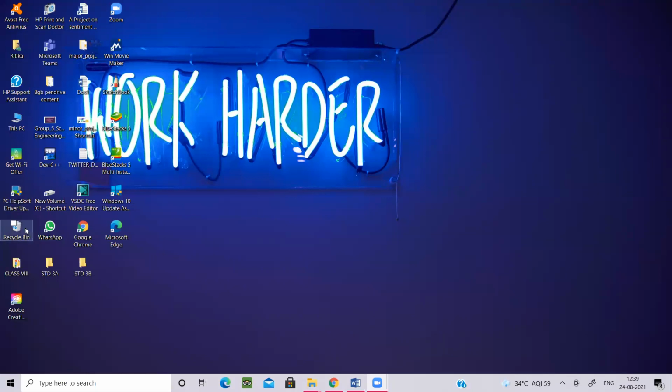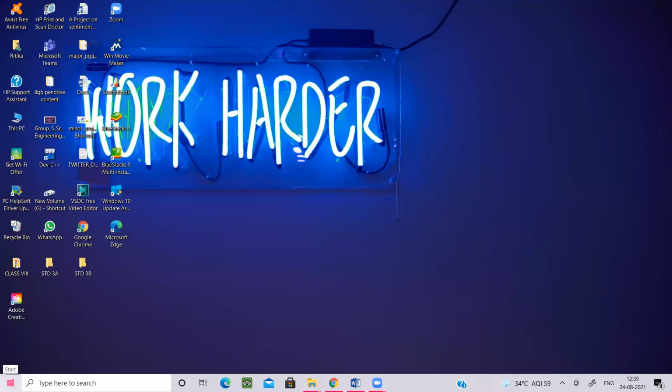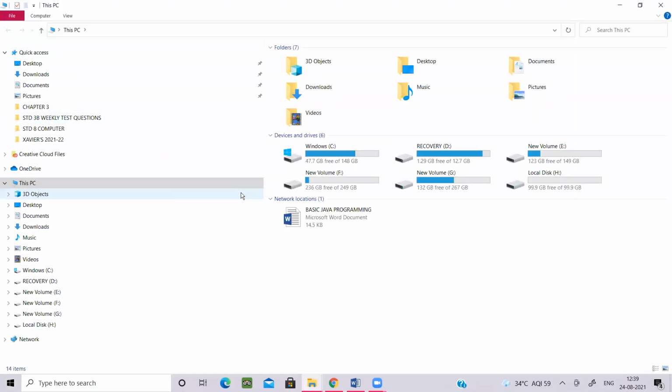this is the recycle bin. If we open it, all the things whatever I don't need right now are stored inside this. So from here we can delete everything, and we can use our computer accordingly. Now by default my computer is named This PC. I haven't renamed it. Here you can see Windows C, and D, E, F, G, H is actually external hardware. Up to G is there.